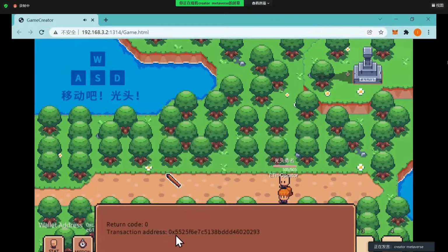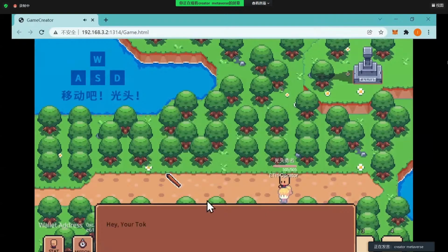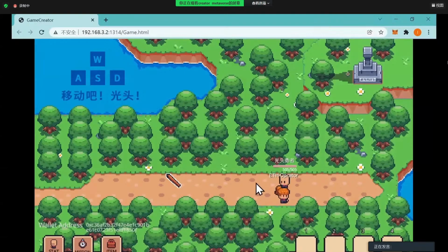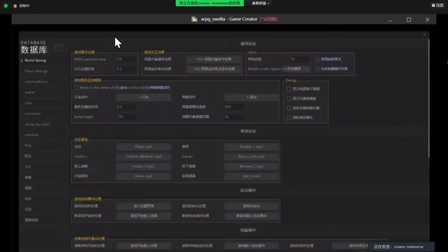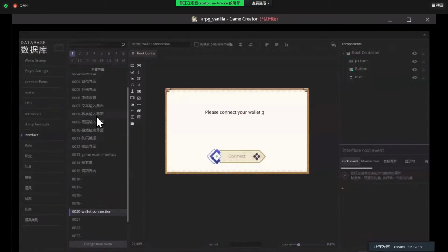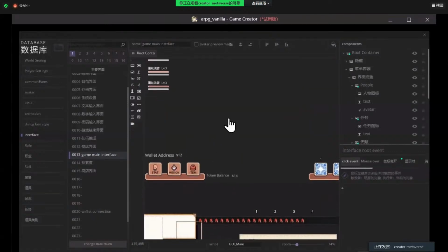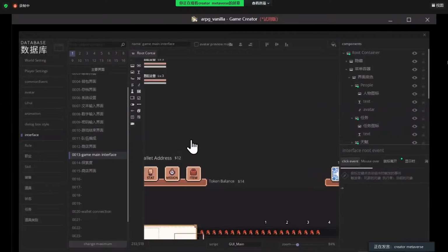All right, transaction address is this one, return code is 0, and I received 25 tokens. And let's check my token balance again. Oh wow, it's 1,000. So we're going to modify our interface very quickly to make sure those debug messages have very good visibility.